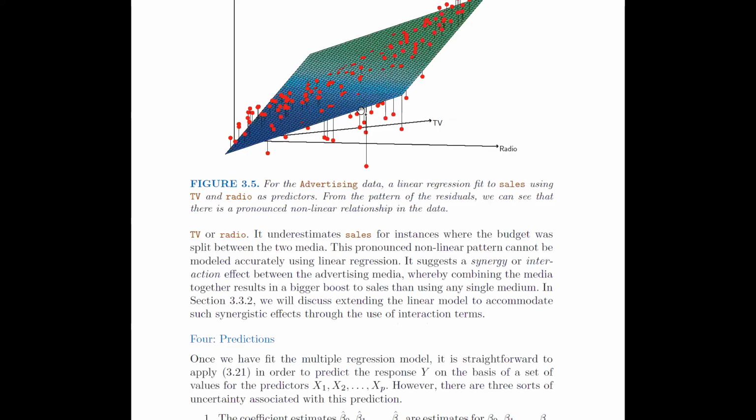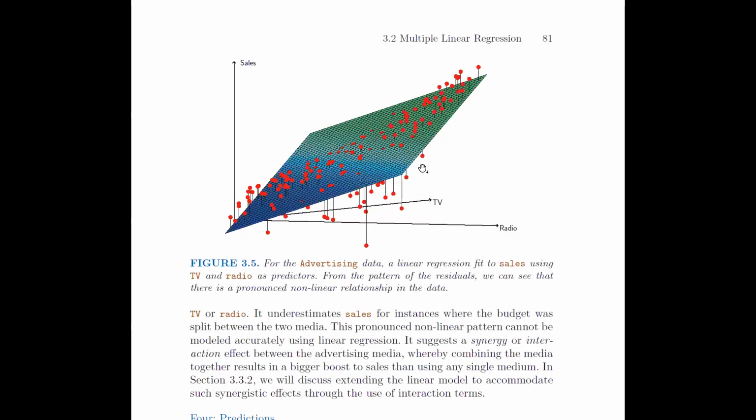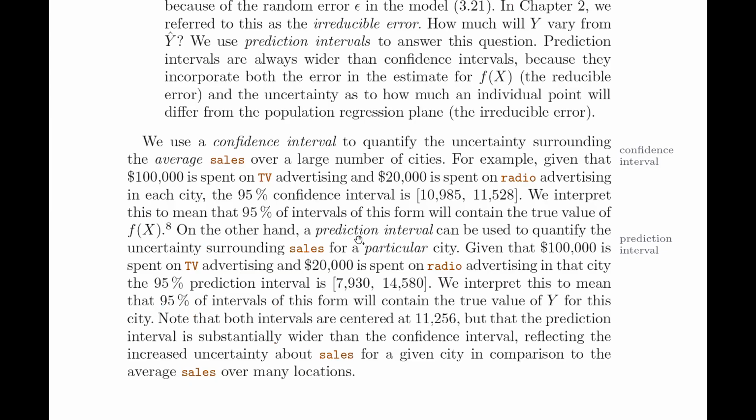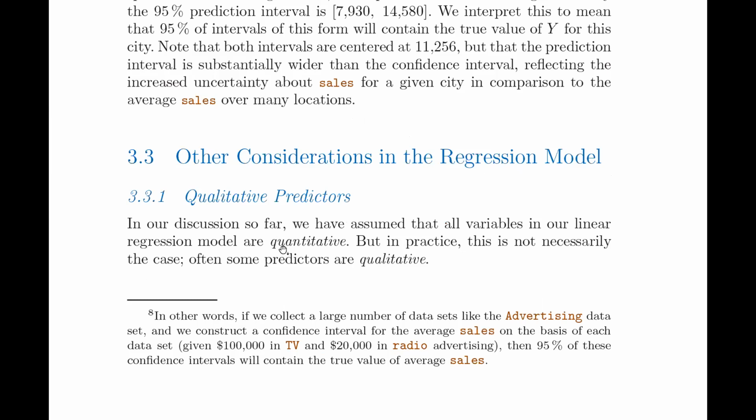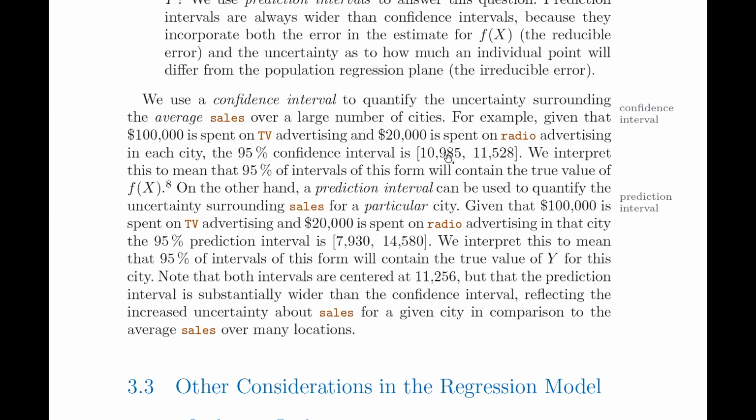What does the model do? The model finds 100,000 on the TV. It finds 20,000 on the radio. It gets the input $100,000, comma, $20,000. It goes up or down. Over here, it'd have to go down. Goes up. On the plane, that's the prediction. But now we're going to allow for a confidence interval. So what is the exact prediction? It doesn't say. However, the confidence interval is